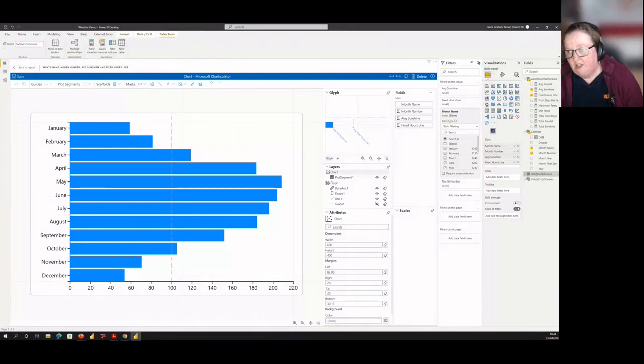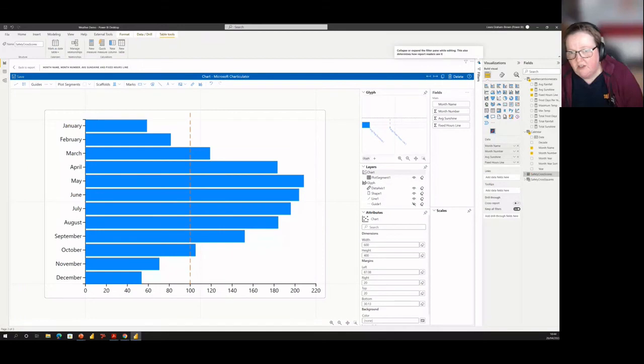I'm just going to minimize the filters pane again, just so it's not in the way. So that's added a fixed line. It's not the best thing in the world, but you could add in. But as I think people have pointed out,